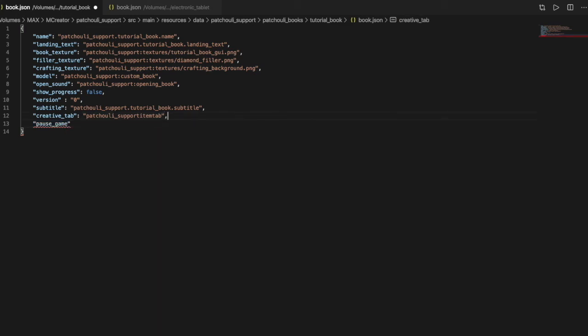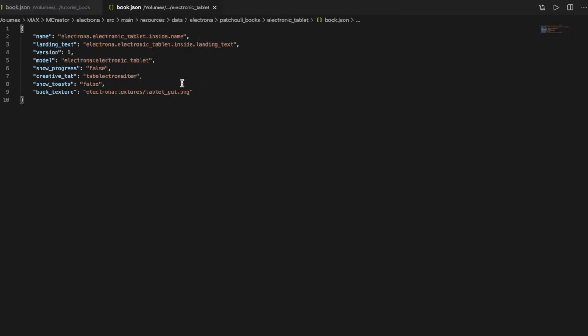Right here, I forgot the comma, pause game, and you can set it to true, so that if you open your book, the game will stop in the background. Mobs will not move anymore, etc. So this is almost everything. I'm going to put the wiki in the description for you to have all of this.